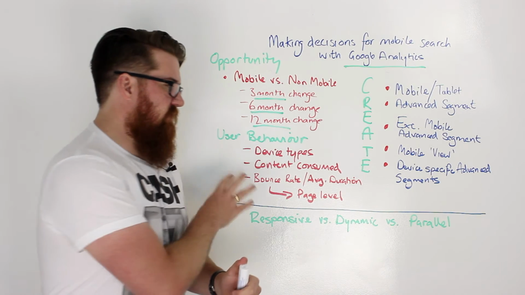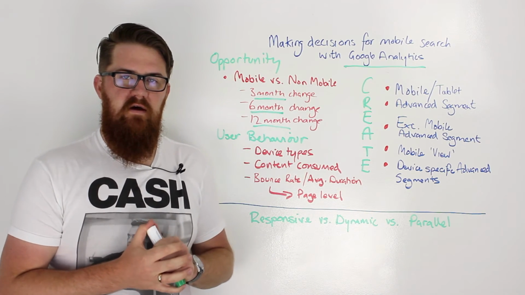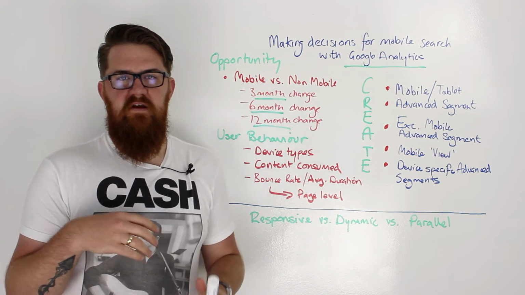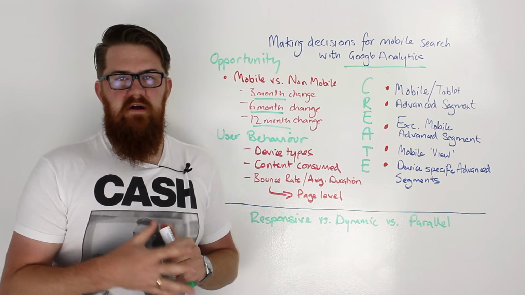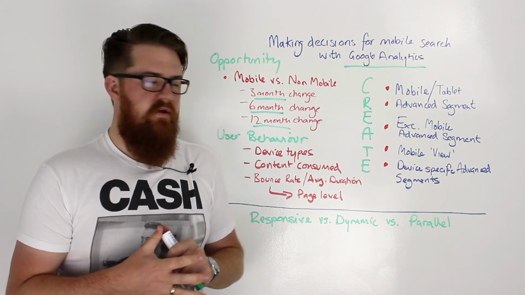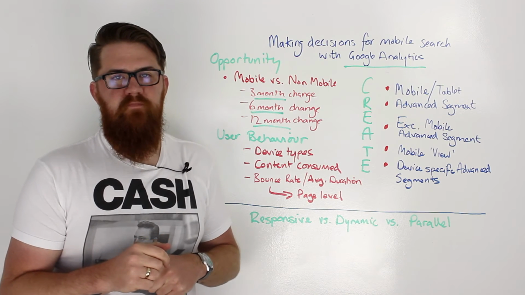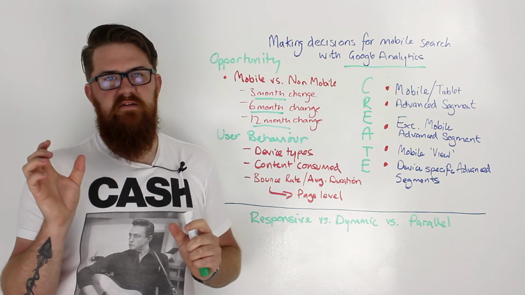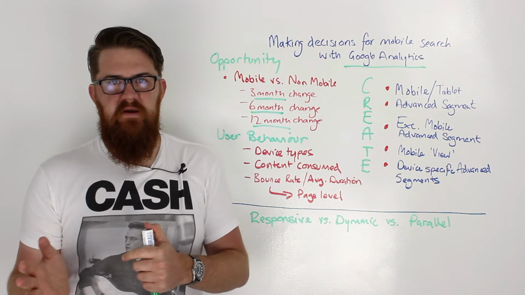I should stress as well, this type of analysis should be done at page level, all the way through, so that you're not having figures overinflated based on using an average, because an average will dumb down the really bad performers, and it'll also not show you the really high performers as well. So it's worth keeping that in mind. Things like bounce rate, average duration, the average number of pages that are consumed as well. How does mobile compare to desktop? Those insights will again start to tell you where you should be spending your time.